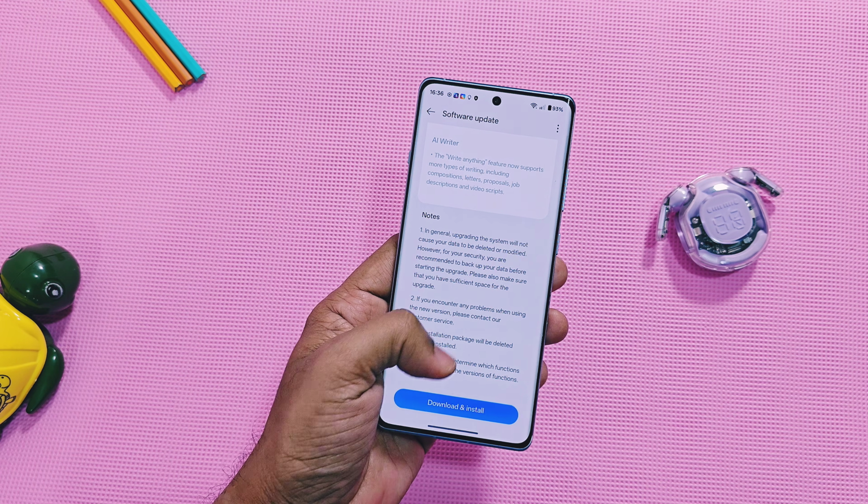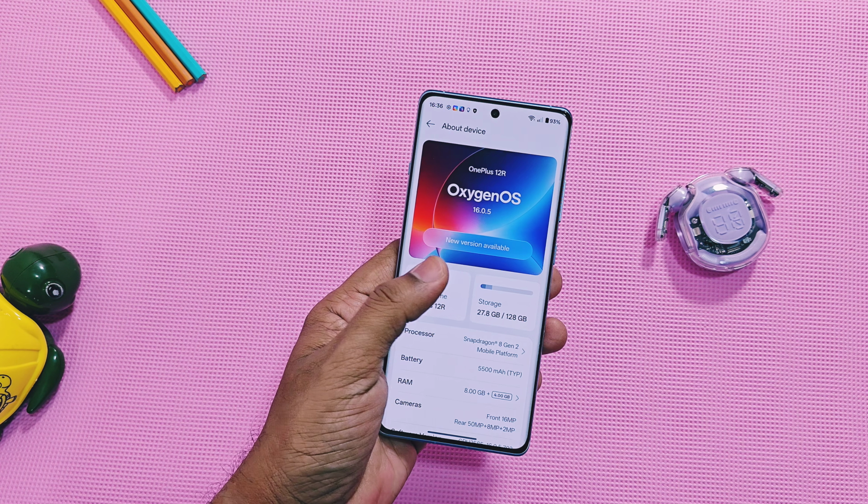In the next video, I will show you how to relock the bootloader on any OnePlus device, so stay tuned